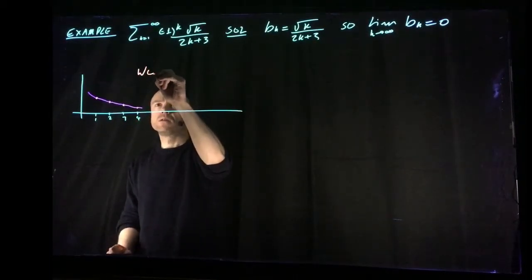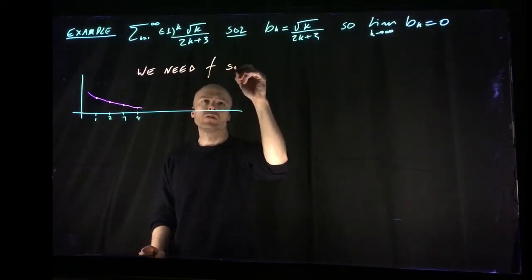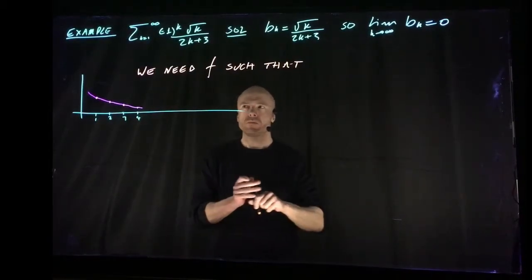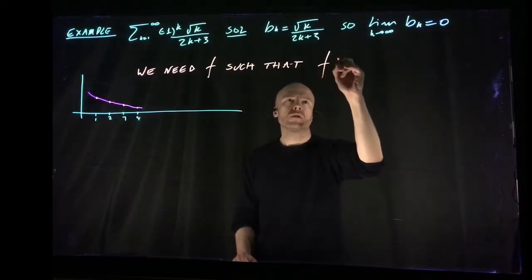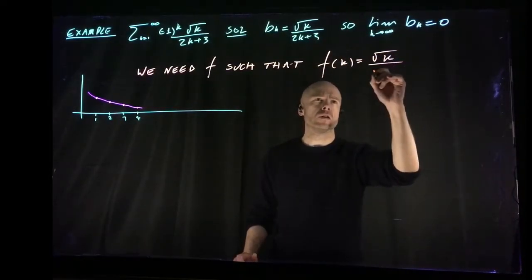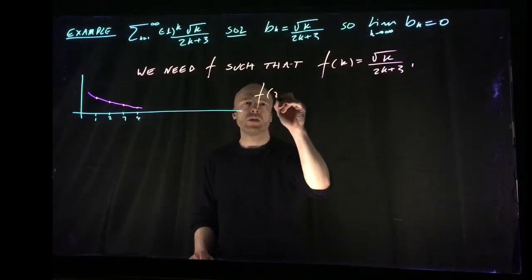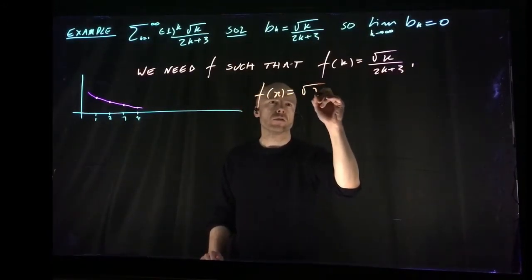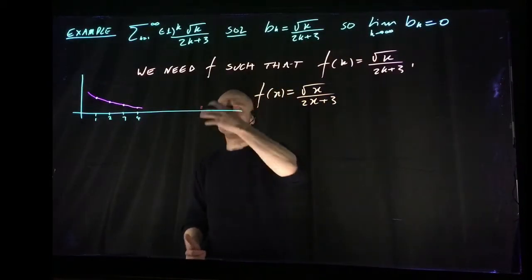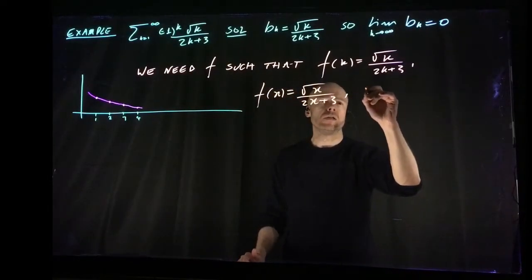So in the language of math, what's that? We need f such that f of k recovers this, the square root of k over 2k plus 3, and it's obvious what the f has to be. It's f of x is equal to square root of x over 2x plus 3. And now we just need to check that this f will be decreasing, so